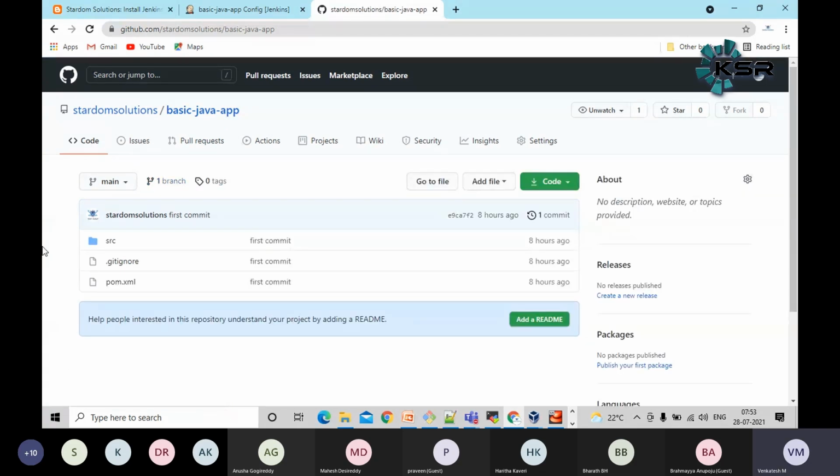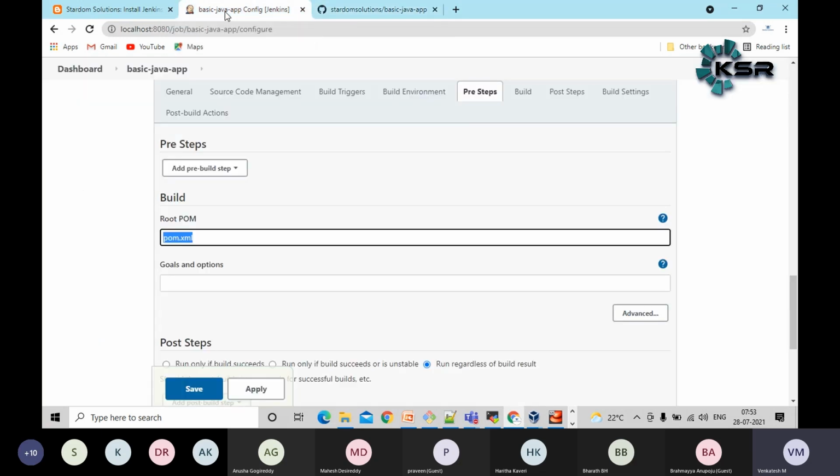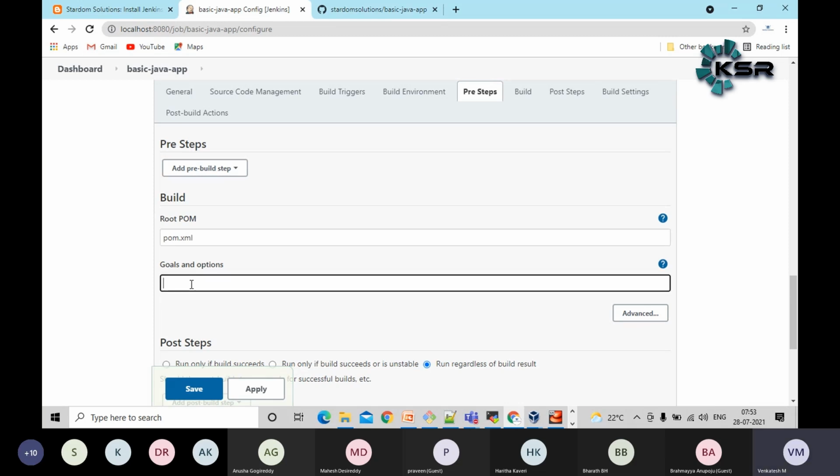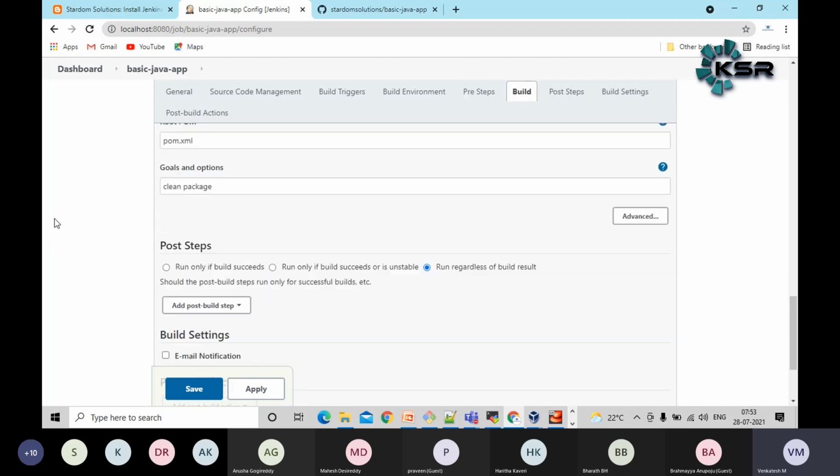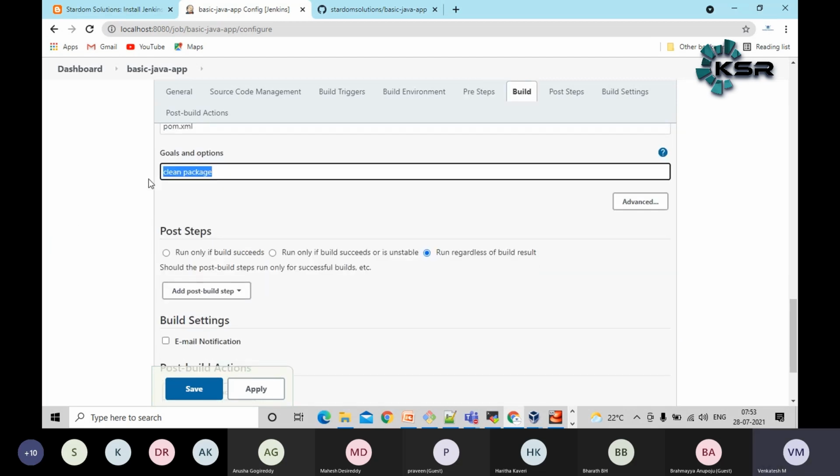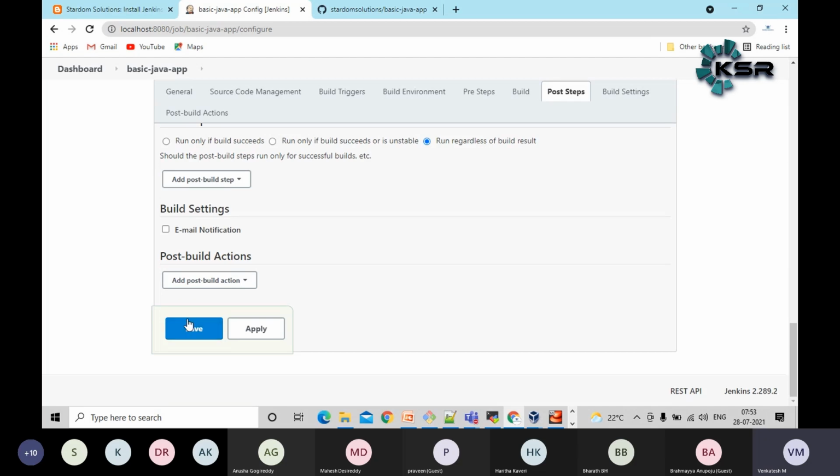This is day one only. I don't want to jump to a high level. I have the Maven pom.xml, guys. Here, if you want to compile the code, I need to pass a set of goals. I will cover more on this in the Maven session. As of now, I'm just passing clean package. I will cover all these steps in a further session when I'm training you on Maven. These two goals, clean package, I have given here. Let me save it.